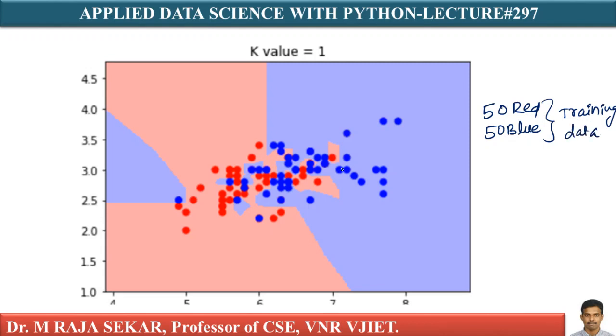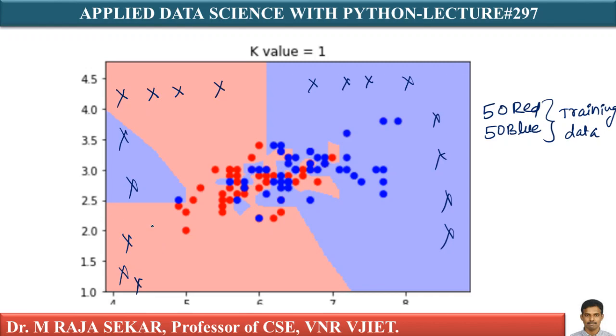And if this is my training data, now what I do here is take each of these points. Let me say these are the query points: this is one query point, this is another query point. I will keep all these as query points. I take each of these points in this whole grid as test data, or query points.